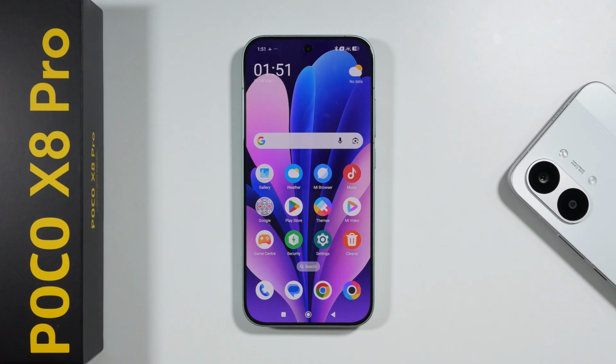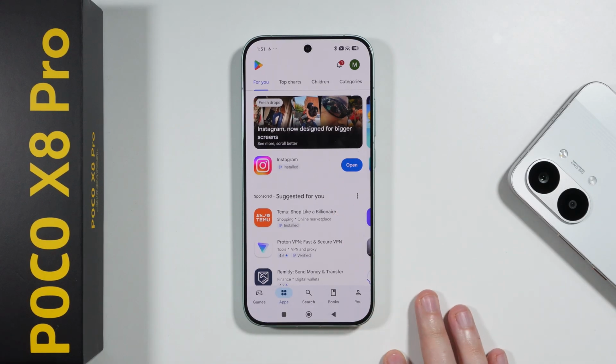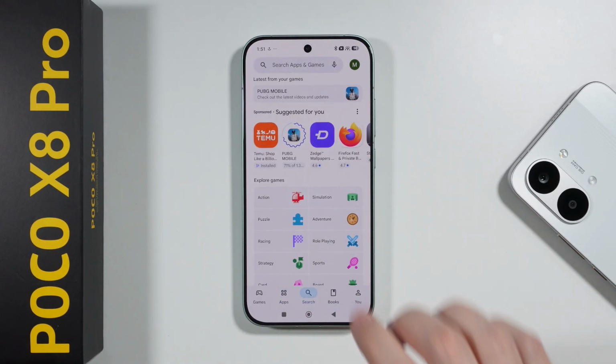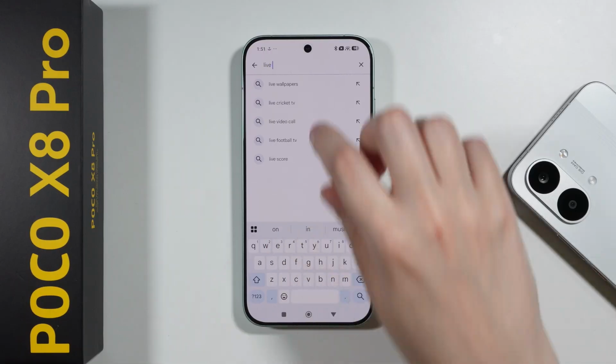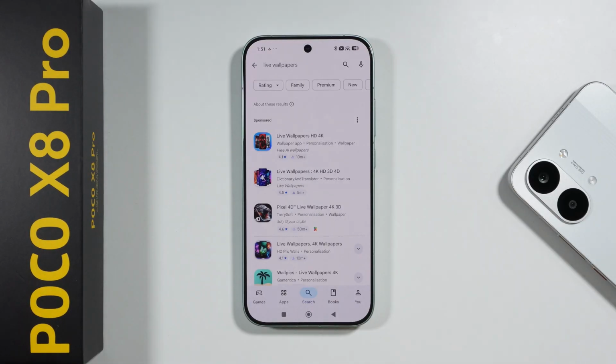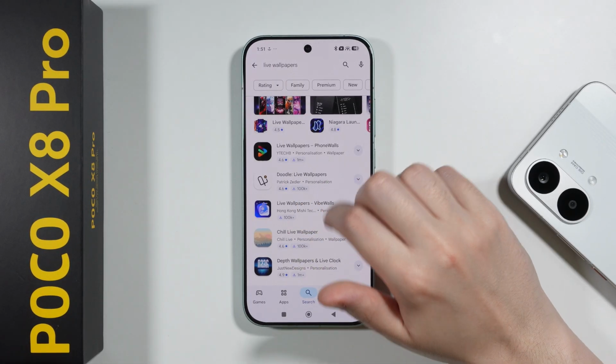And the second method is to simply use a third-party app that allows us to easily get an animated wallpaper. So in that case, we can open the Play Store. Over here, we can use the search option and then the search field at the top. And you can just type something like live wallpaper, animated wallpaper, video wallpaper, and so on and so forth. And you should be able to find many different apps that, at least in theory, should allow you to get